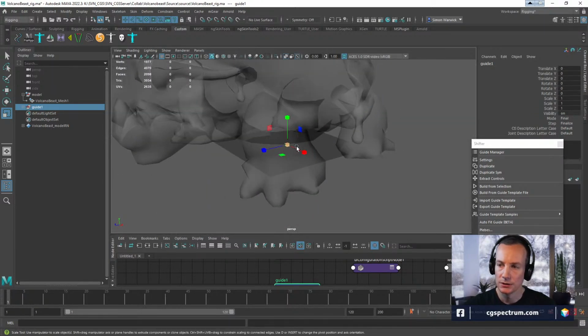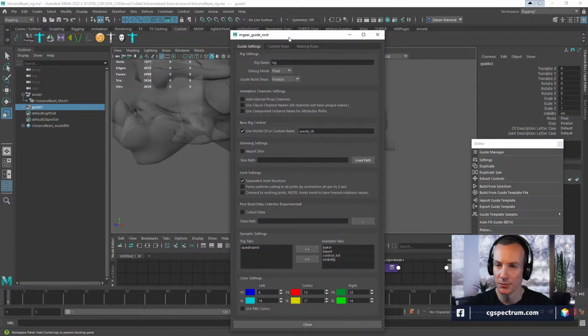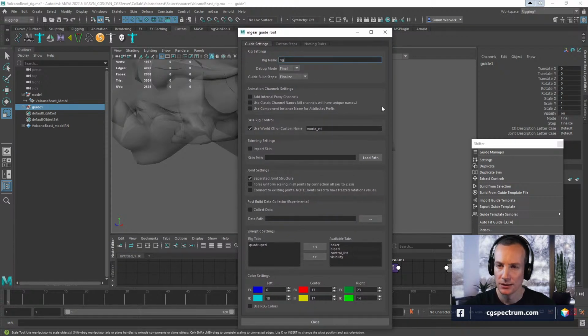So guide 1, let's go to settings. When you have the main guide selected, you can open up settings for that guide. And I think we're going to call this root.